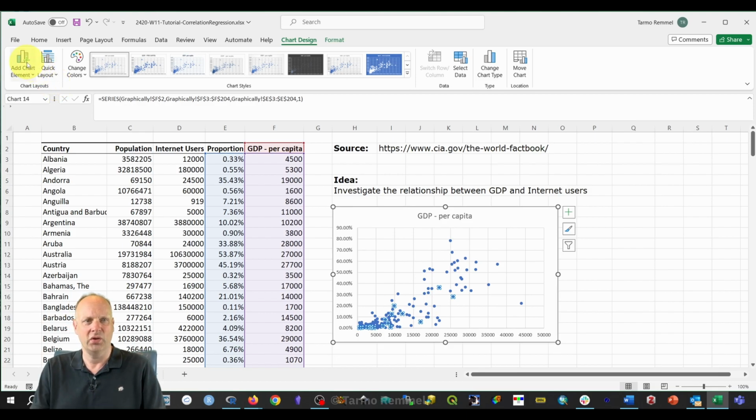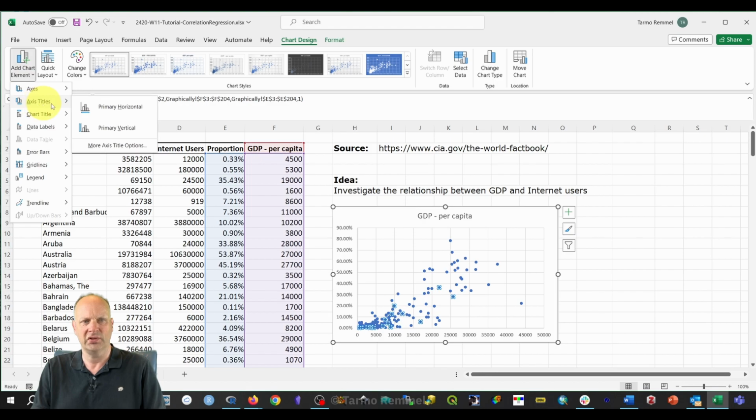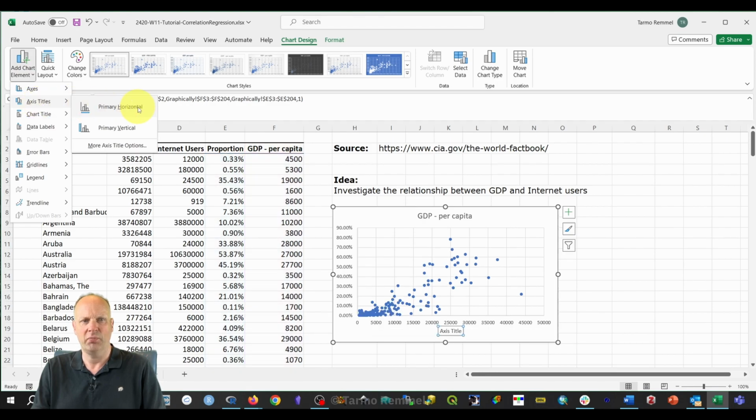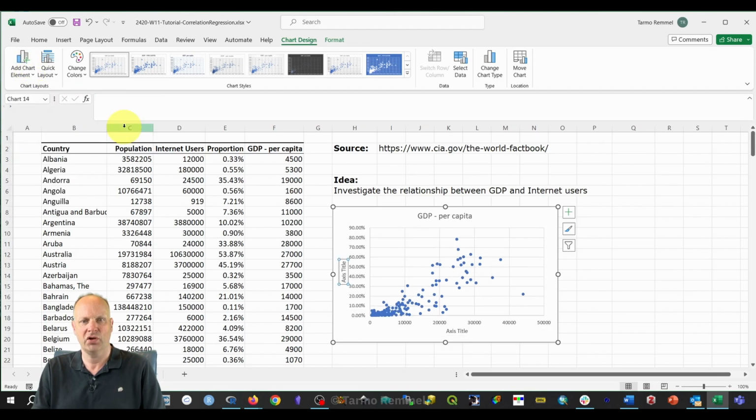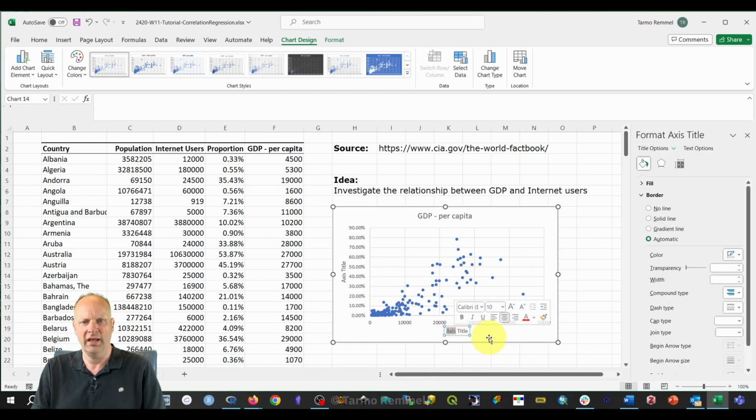graph. So we can go over here to Add Chart Element. This is on the Chart Design ribbon. And we can go to Axes Titles, and we can add a primary horizontal axis. And we're going to do the same thing where we add a primary vertical axis. Notice that it says Axis Title, Axis Title. We can then go in here and we can edit this text to say